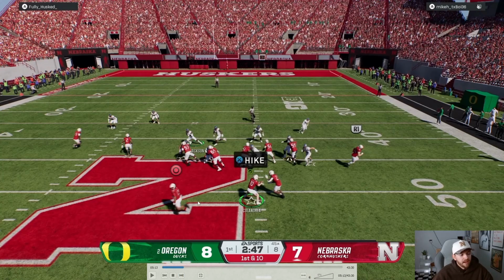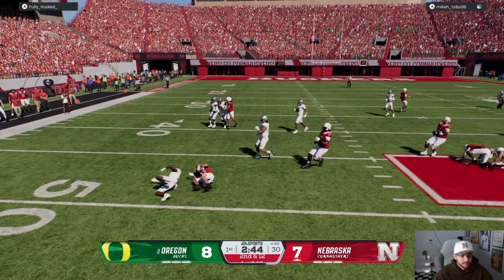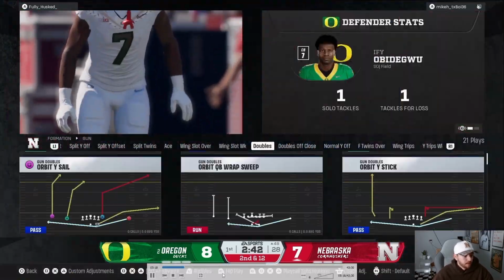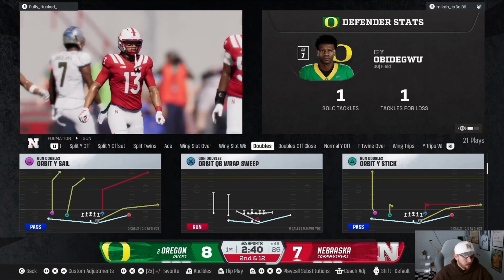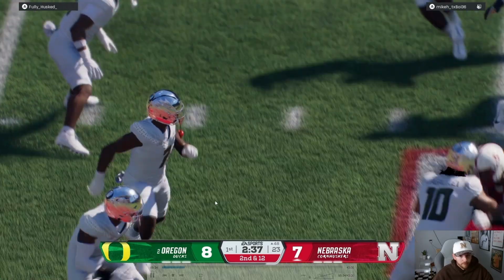If I replay the play back, in hindsight, I should have honestly hit Lindenmeyer on this little flat route, but I ran it to the short side of the field. So looking back, I should probably run it to the wide side, that little flat route, and let the orbit go to the short side. But anyways, so I lose a couple of yards there, and I decide to run the orbit Y sail out